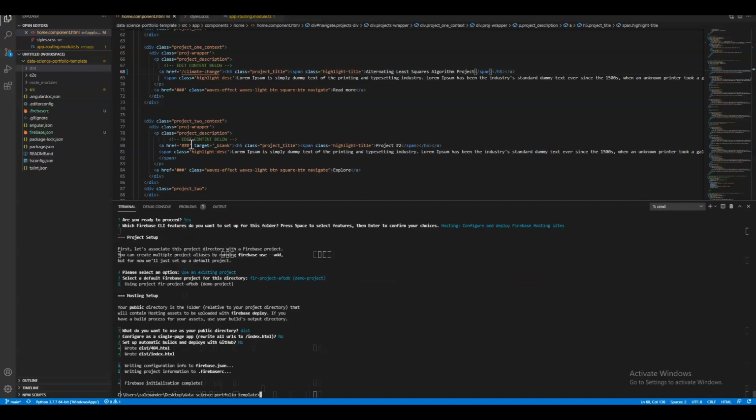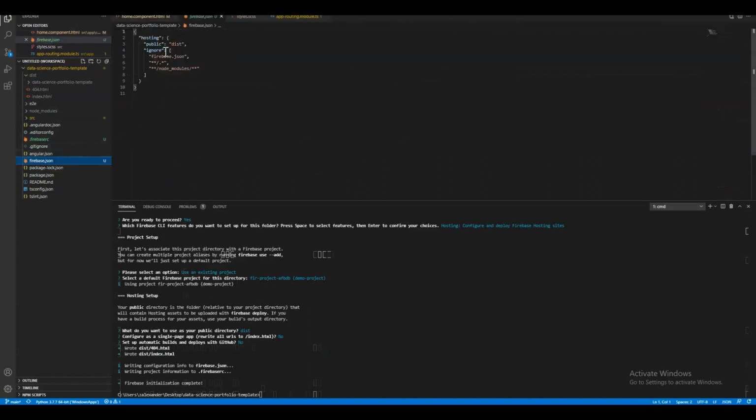And there we go. So now, before we actually deploy this, the final step is to make sure that all the contents in this folder are being used for deployment. The way to do that is that once we hit Firebase init, we actually set up these two Firebase files to get this ready to go. And the only thing that we have to do is point it to the dist,